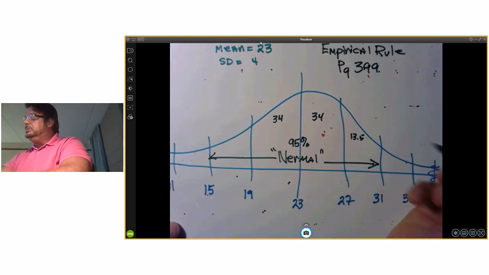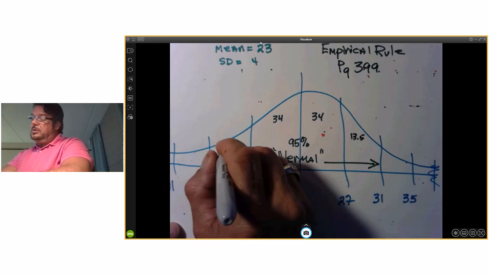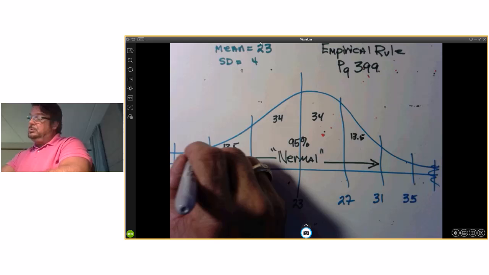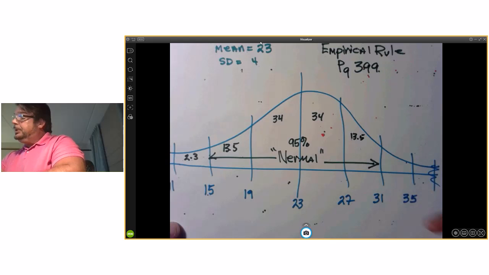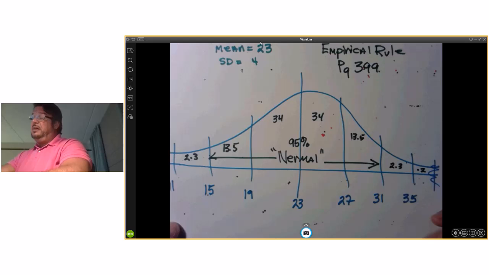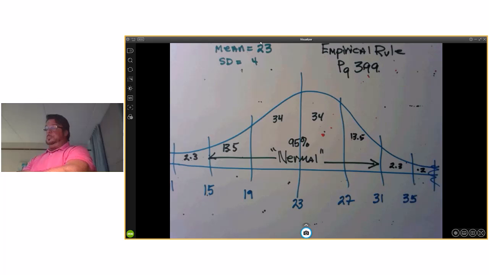I can't ever remember. 13.5, I think it's 13.5, 2.3, and then 0.2, and 2.3, and 0.2, and some books just make this 2.5, and that's fine, but I like to show both, so I'm going to put in